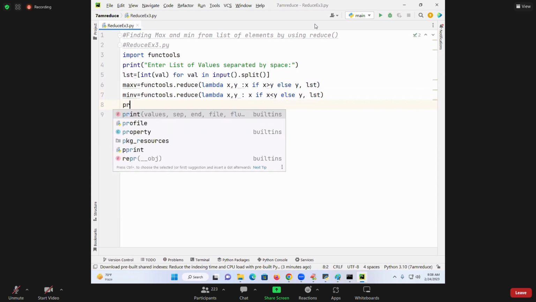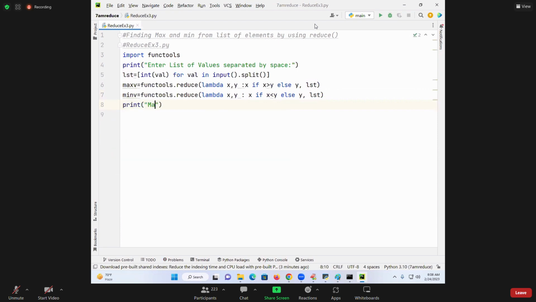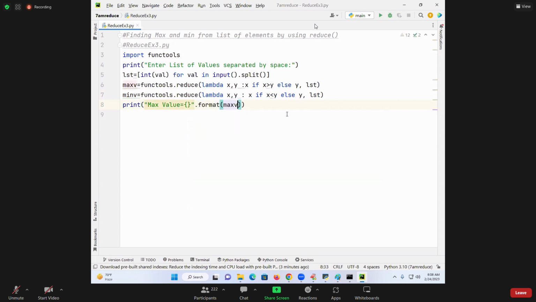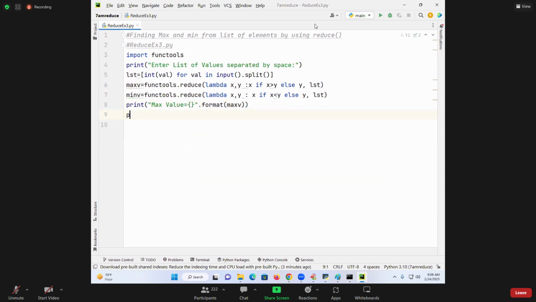Now print what? Max value is equal to dot format of what? max v. Print of what now? Min value is equal to dot format of what? Dot format of